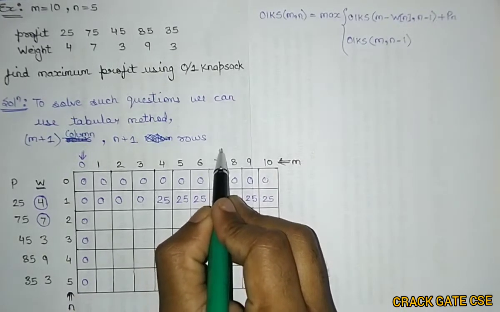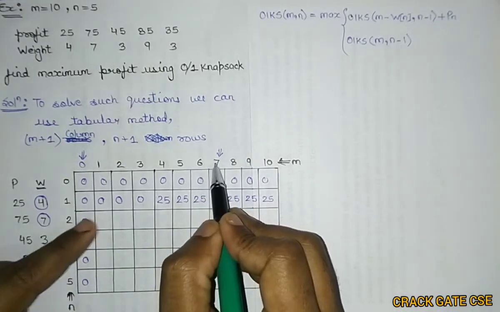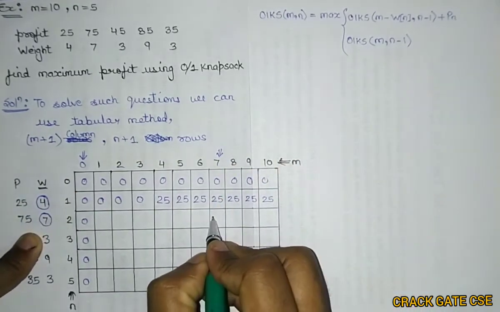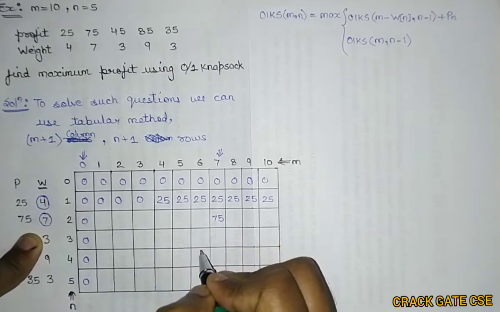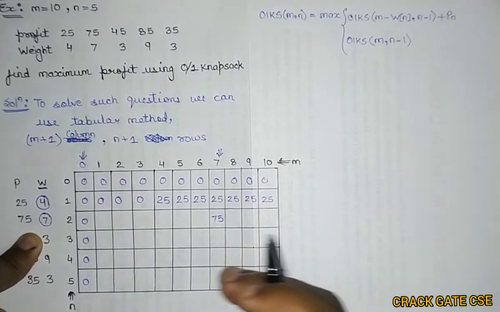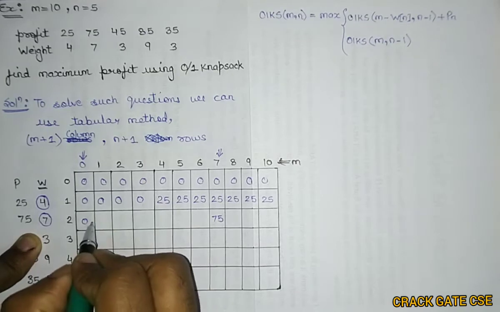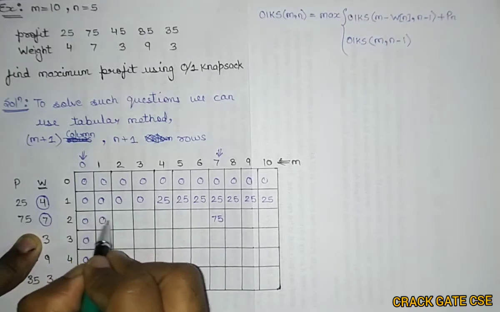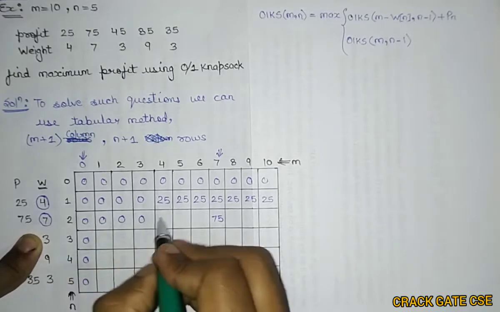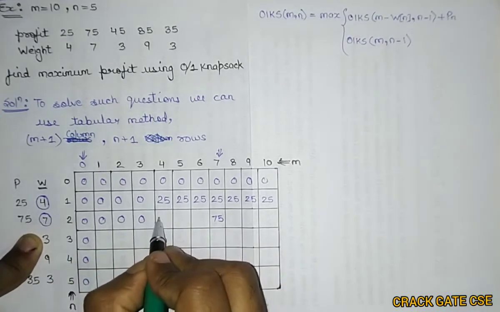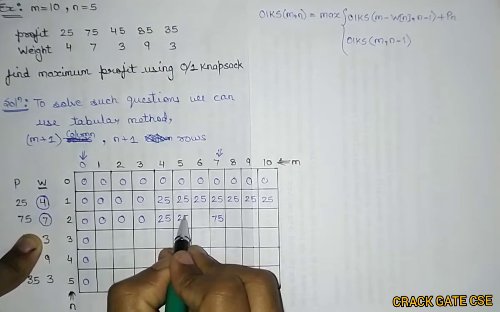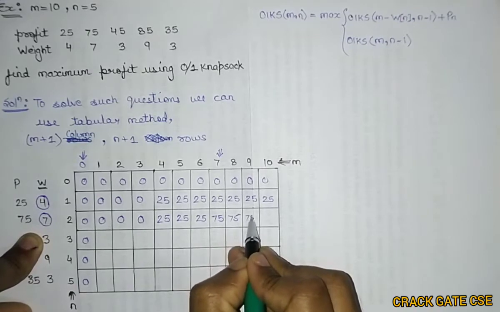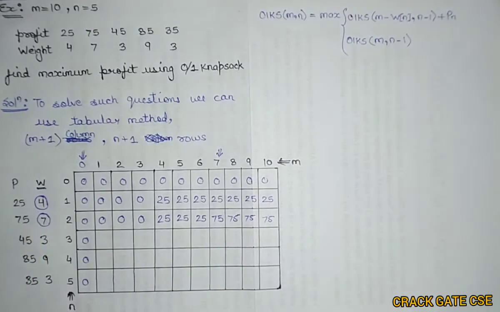So see here, m is equal to 7, and if it is 7, then I can take the value and take the profit as 75. So here I am getting the profit as 75, right? All these values which are here can be placed by comparing the diagonal, that means left and top. So it will be 0, 0, 0. Here you can see that if you compare these two values, maximum will be 25. So similarly I am placing 25 here, and here it will be 75 because 75 is the maximum value.